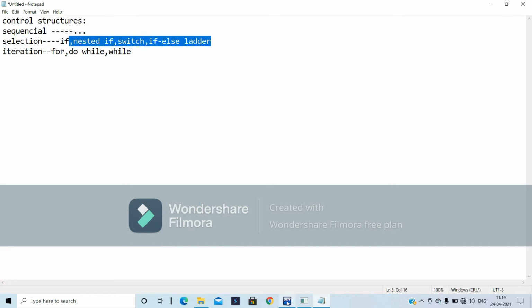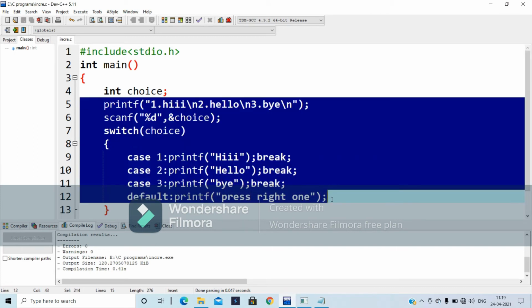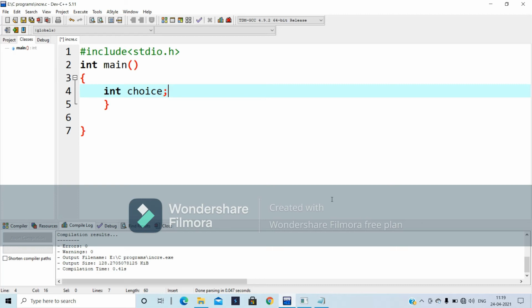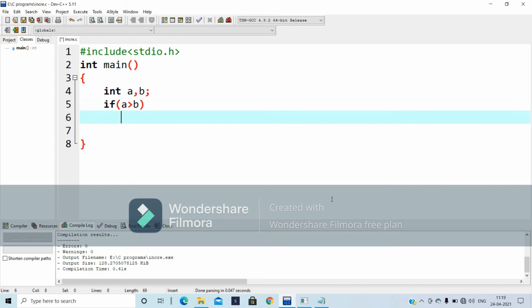I forgot to say nested if. Yes, what is the function of nested if? a comma b. Yes, if a greater than b, in the if statement there is another if statement.